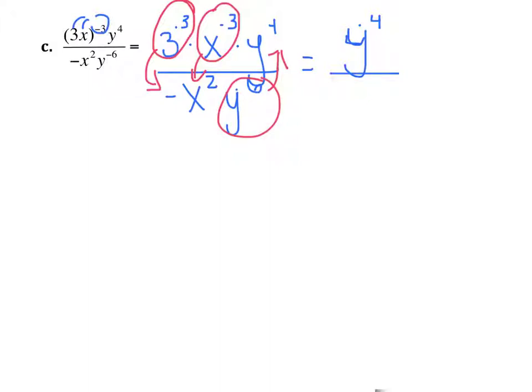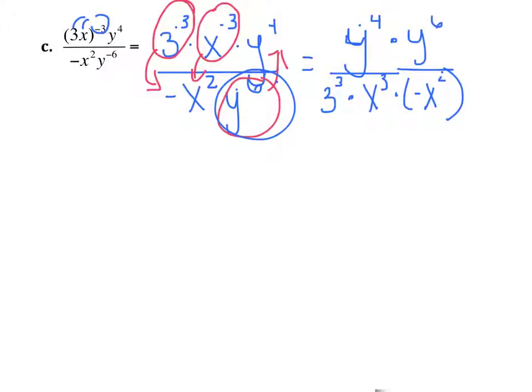Let's move our 3 to the 3rd power then. We're going to move our x to the 3rd power times negative x squared. And then we can't forget to bring our y to the negative 6th power up, so I'm going to bring that up as y to the 6th power. All right, now y to the 4th times y to the 6th is going to give me a y to the 10th